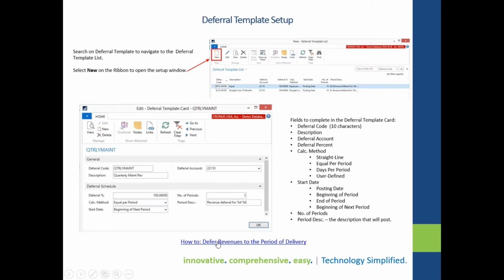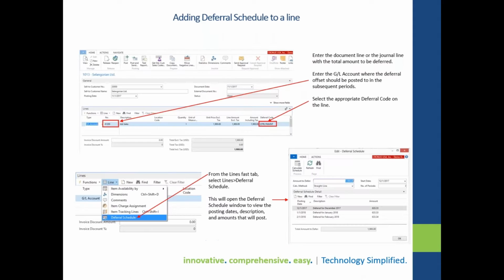This period description here is going to be the actual description that's going to post on your future entries when your sales invoice or purchase document is posted. You can see here I have a %4 and a %6, and I'll show you in just a moment when we get into Nav exactly what that's going to do. But the %4 is going to spell out the period month, and %6 is going to be the year that